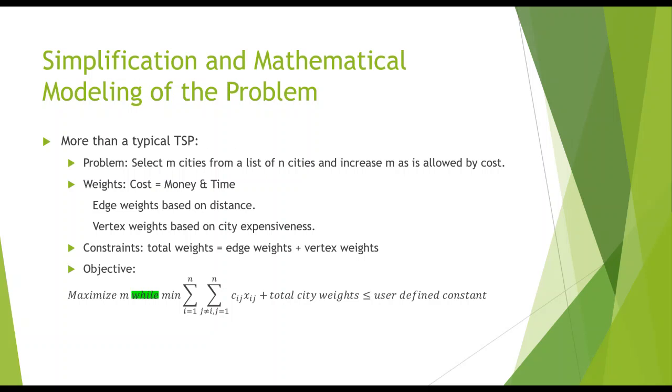The major difference between my problem and a typical TSP is that in my problem, I have to select M cities out of N cities and search out the possible combinations of M cities. Then I iterate through each combination to find the optimal routine. For example, if I am to pick 2 cities from 3, I will have 3 iterations and thus 3 optimal